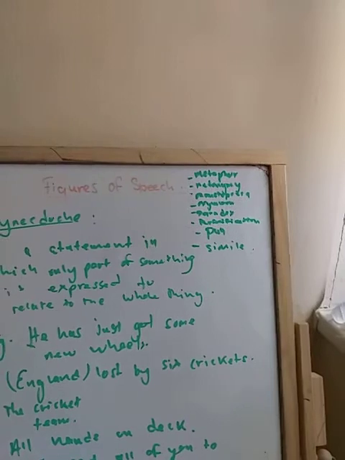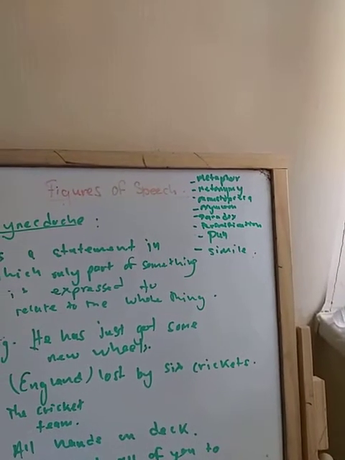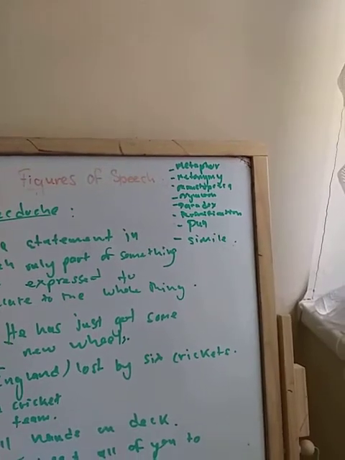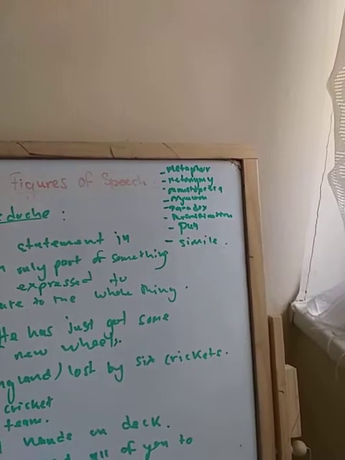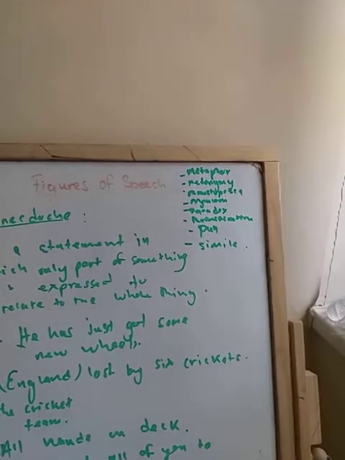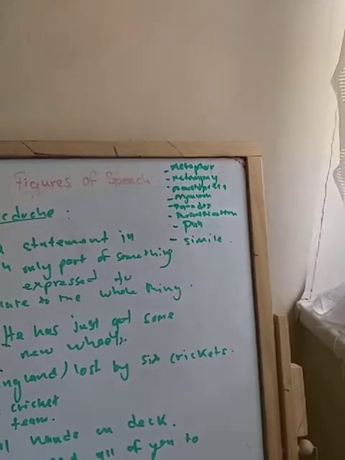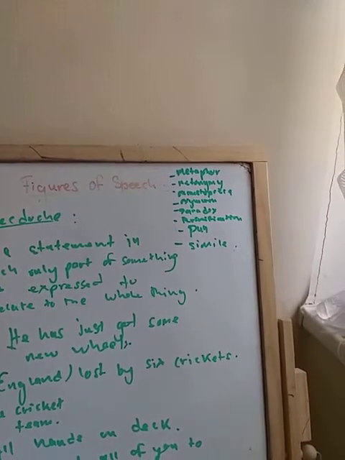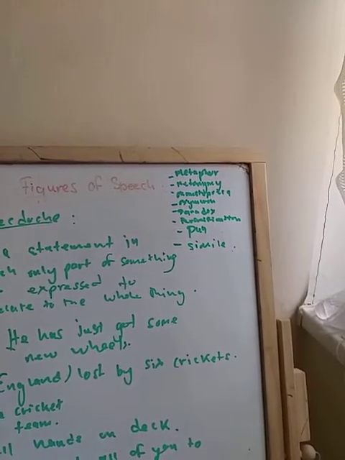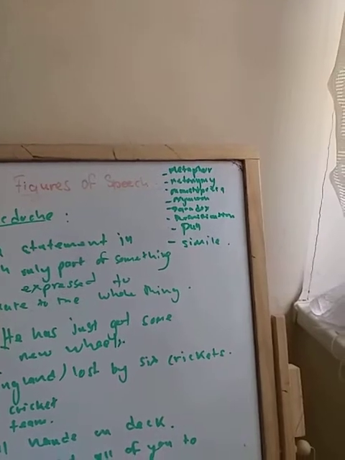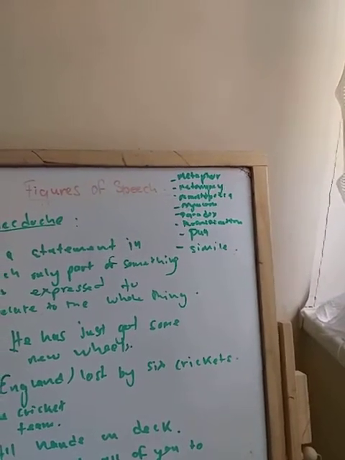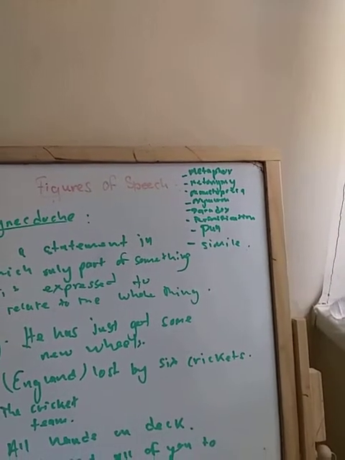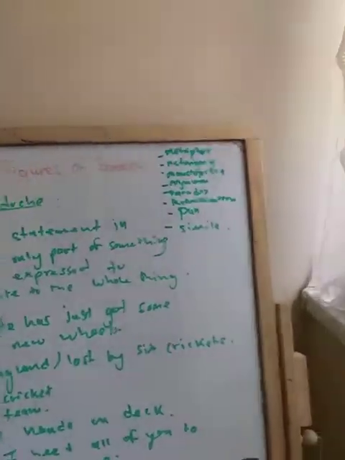And personification, it's when you give human attributes to something. For example, if you say that my car is staring at me right now. So you want to say that your car is facing towards you, and maybe you compare the headlights being like eyes of the car, but the car is a non-living thing. So you are giving human attributes to your car.